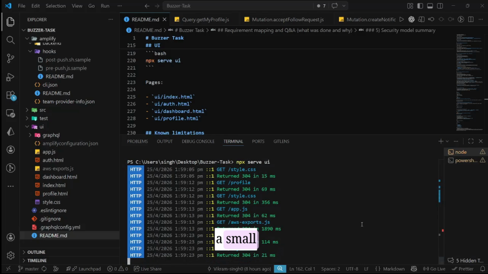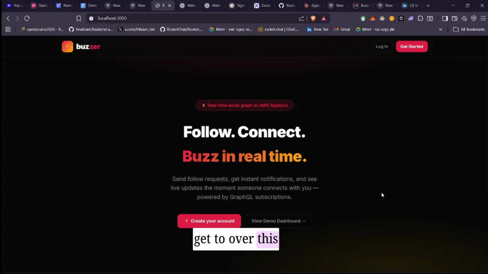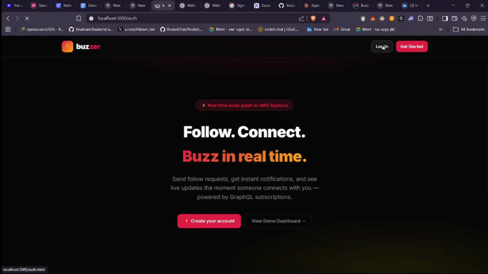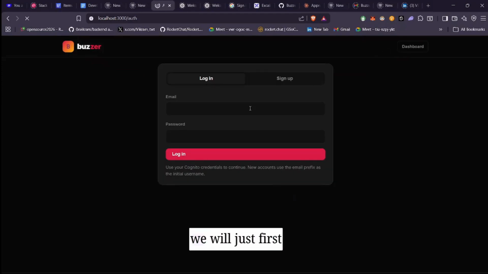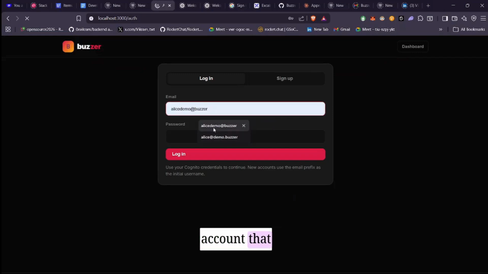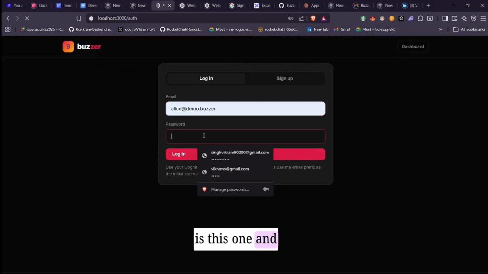We have a server running. We have made a small UI interface to test these things and visualize them. You can see we have a server running over here, so let's go to it. So we have this interface. I have one account already created and one new account to create. First we will go to the already created account, this one, and the password is